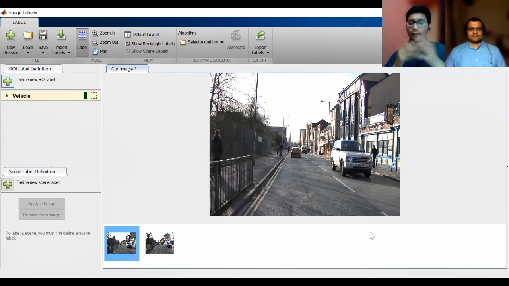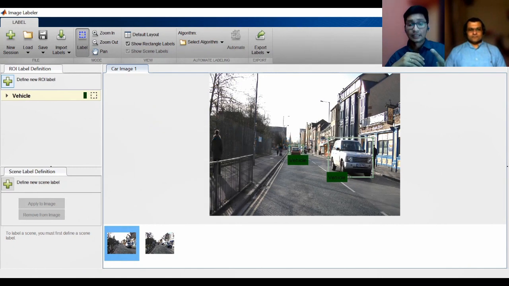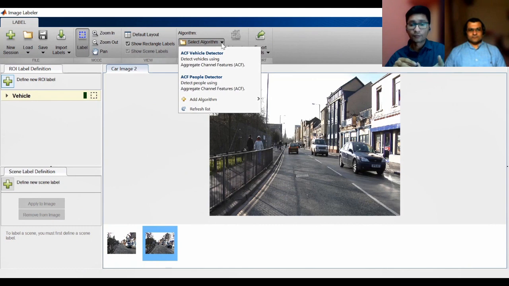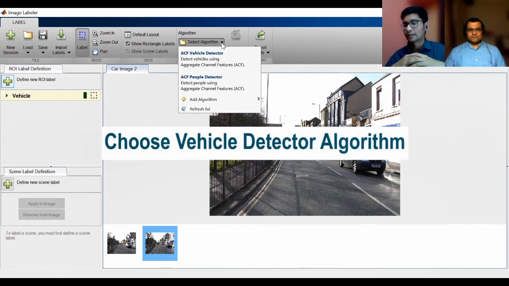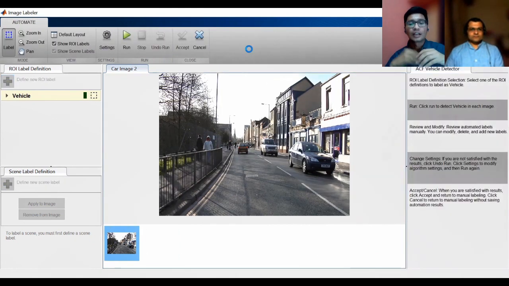So to make our life easy, there is a labeler app. Even if you have image data or video data or even signal data, say an audio labeler or signal labeler, and we even have a lidar labeler. If you have the autonomous driving system data toolbox, you are able to use that lidar labeler. By which you can just label a few samples. It's kind of a bootstrapping technique, and you can automate the entire process. It's like an automation framework is available for you. You can even imagine labeling 10,000 frames by labeling